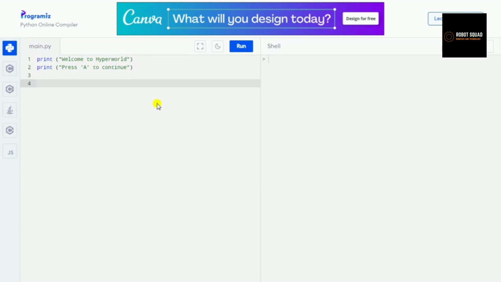Now that we have introduced a player, let's get an input from the user. So let's make a variable, start, is equal to input, and keep it as a string. If start is equal to a, print